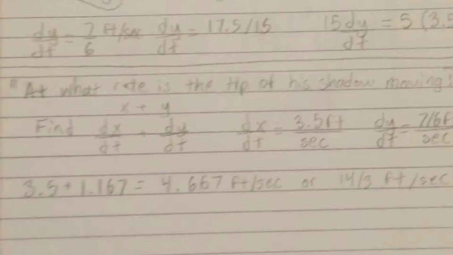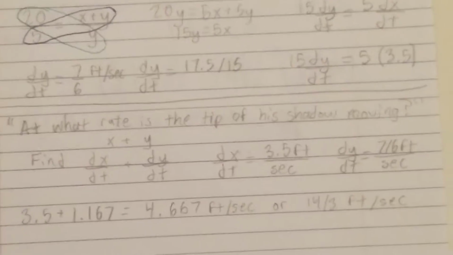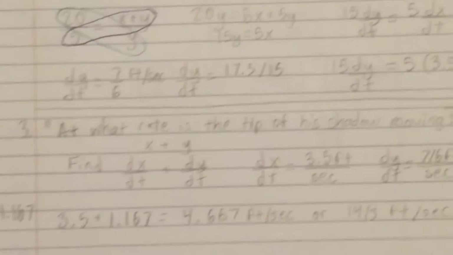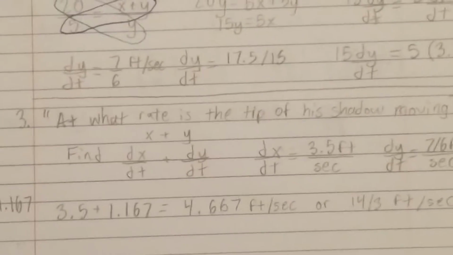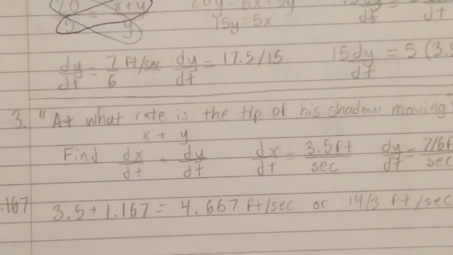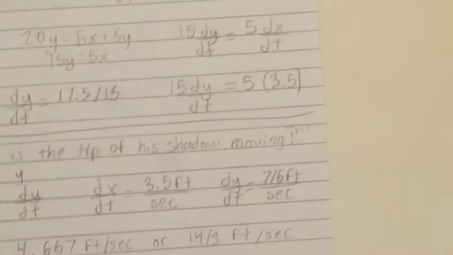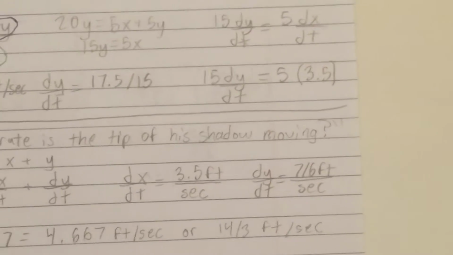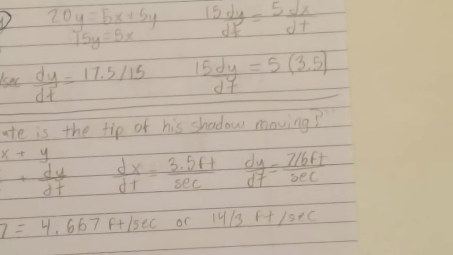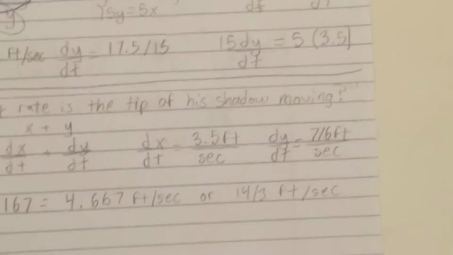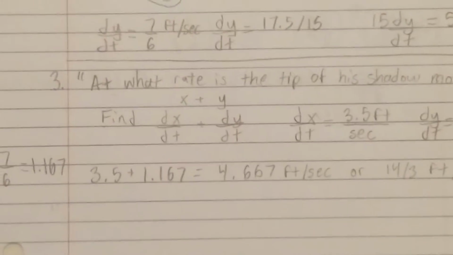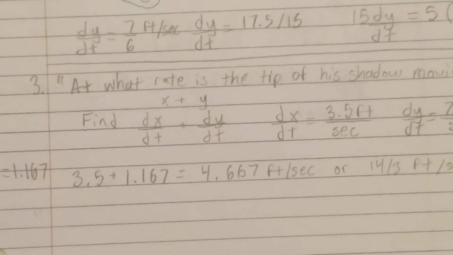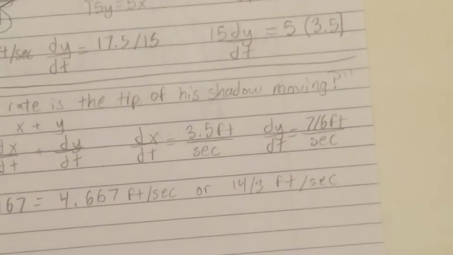The next question, at what rate is the tip of the shadow moving? You find the derivative, the rate of change of x and the rate of change of y. And we already have those numbers from the given 3.5 and what we solved for the last one, 7 over 6. And then when we add those together, we get 4.667 feet per second, or 14 over 3 feet per second. The next question,